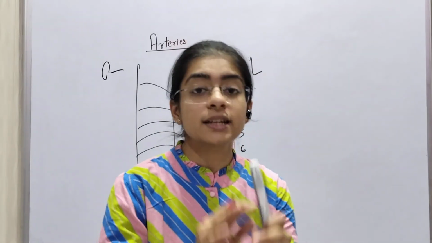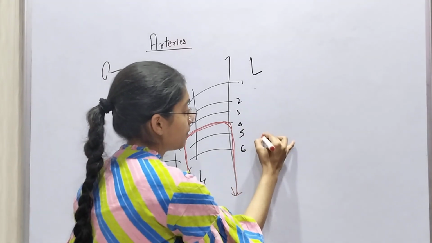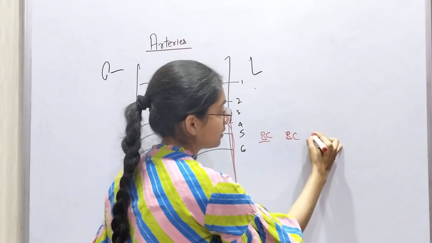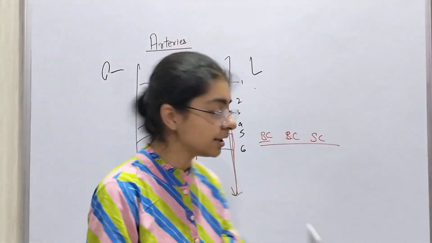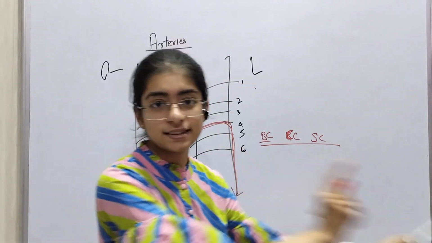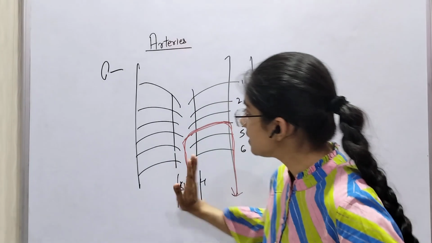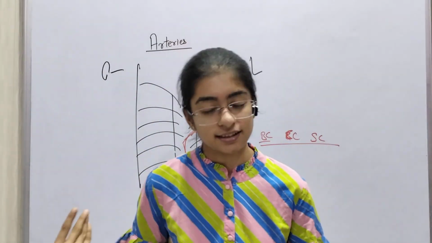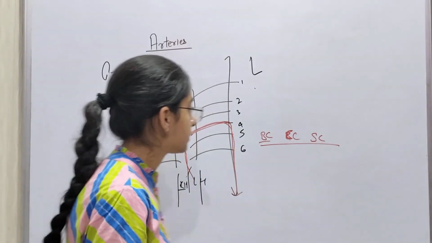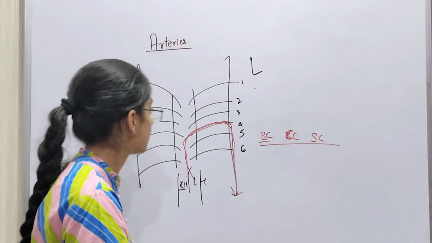Now we know the 3 branches of the aortic arch, the arch of aorta. First is the brachiocephalic, then the common carotid, and then the subclavian. So these 3 are there. BCS, like Bachelors of Computer Science, BCS. The brachiocephalic is on the right side. We all know it is on the right side. So we will keep it on hold and complete the left side first. The common carotid and subclavian of the left side are the main 2 targets for us.